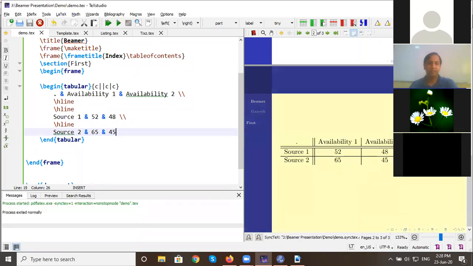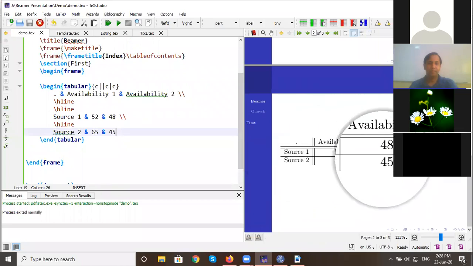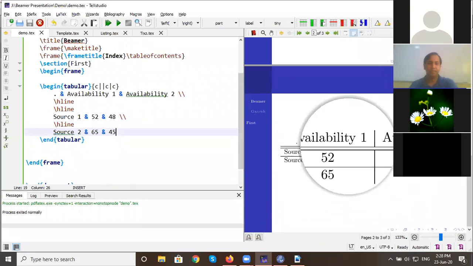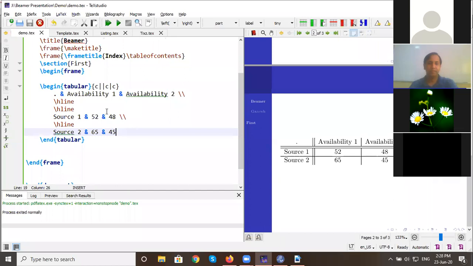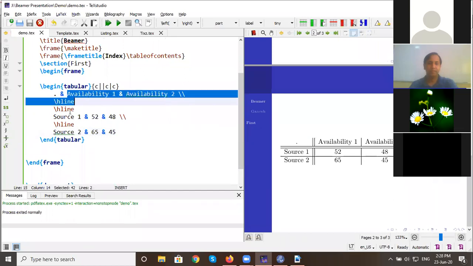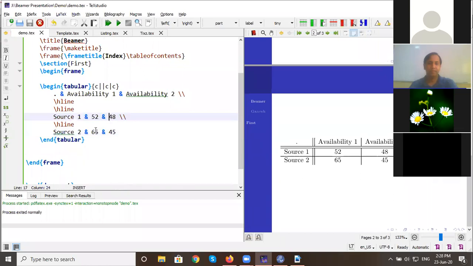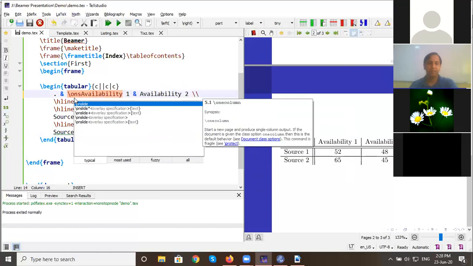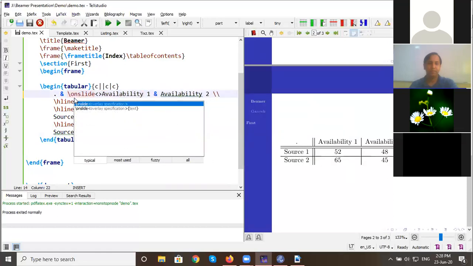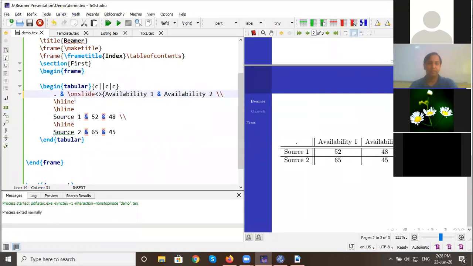So we get the output within one shot as this. But my question is, using the on slide command, I want the first row on the first click with the first column, and then these entries one by one. So what do we do? Simply we add on slide, angular bracket, and then whatever you want in curly brackets.